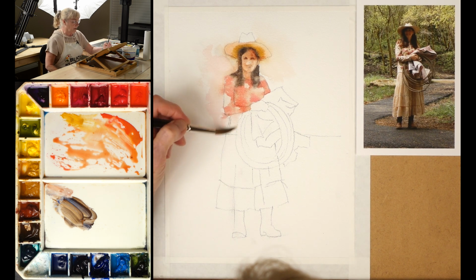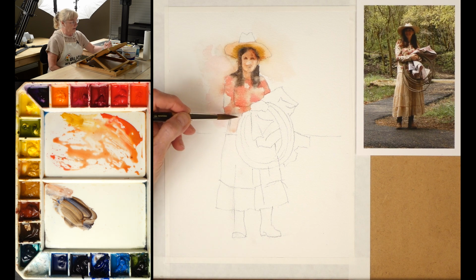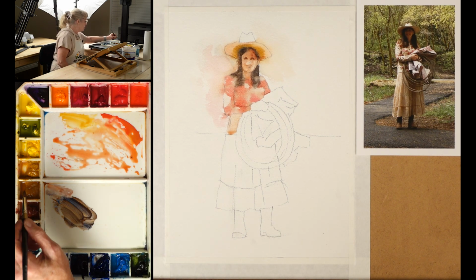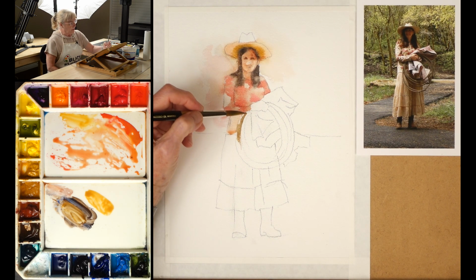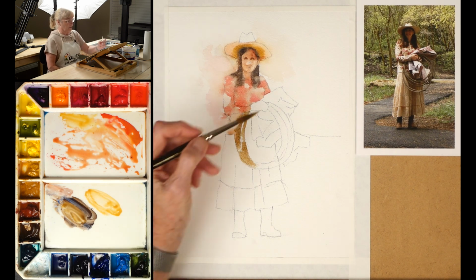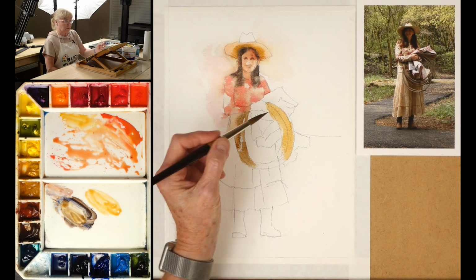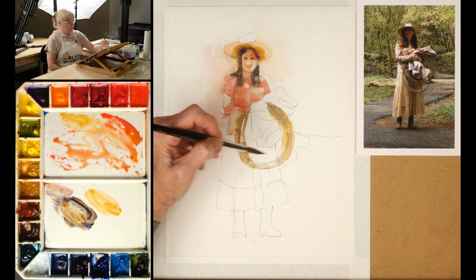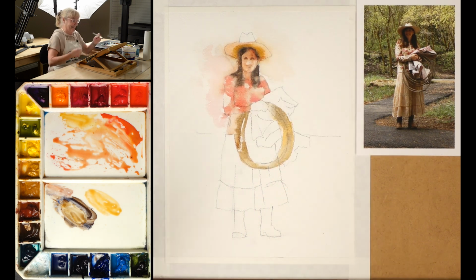And then I want to keep coming down here where that's still wet a little bit. And still kind of that same color. And the rope has got a little more gray to it. I know that that nose is really looking bad right now, but I promise I will fix that. Okay,